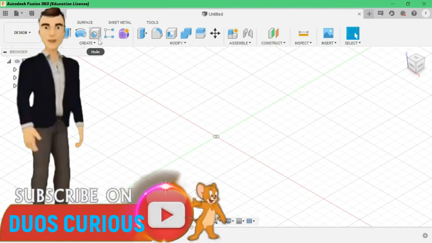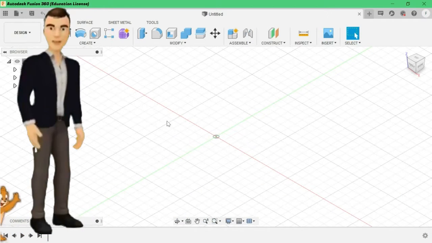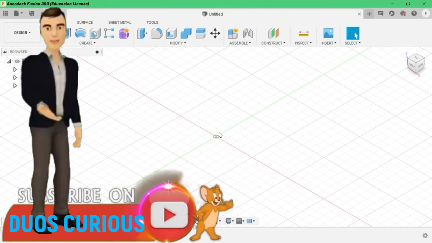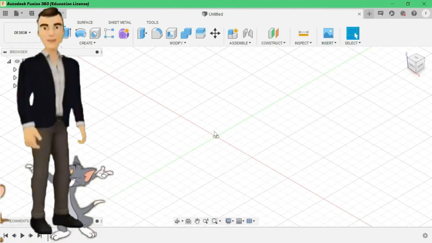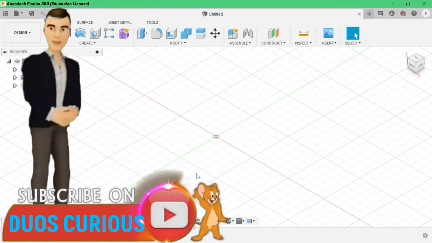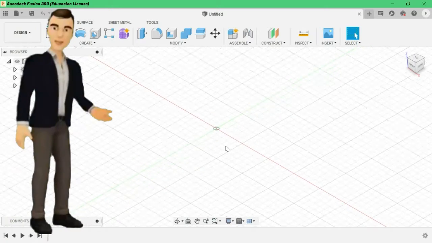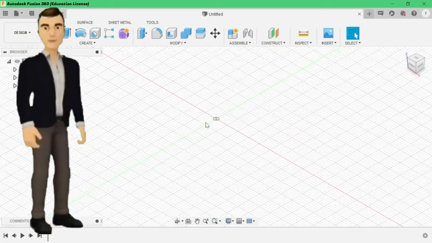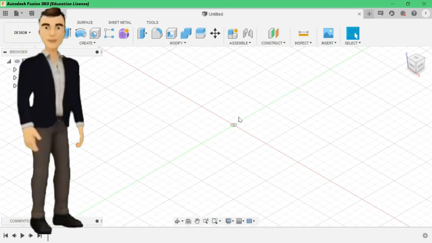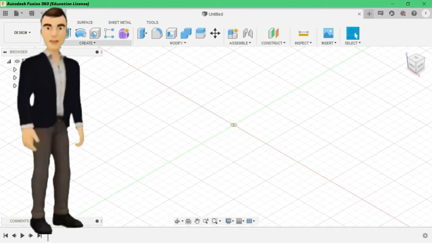This is our first class on 3D modeling, Fusion 360. Today we will create a 3D object. This class is only for beginners, not for the intermediate guys or any professionals, only for beginners. Why I am mentioning it is, I can do it in a great way, but beginners can't understand. So for beginners' purpose I am creating this 3D model.